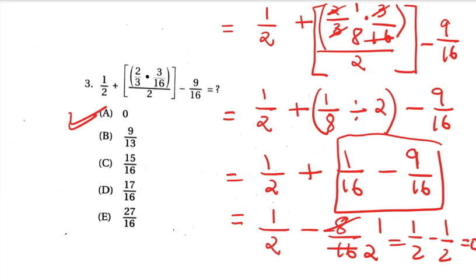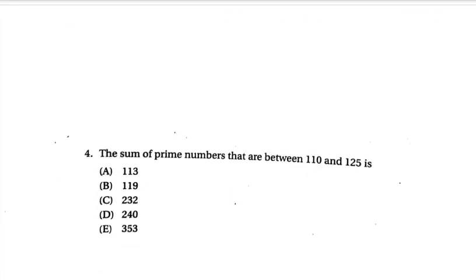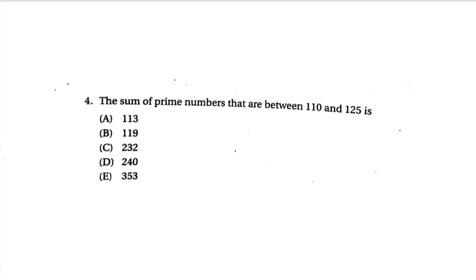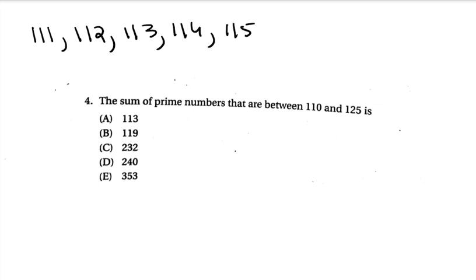So the next question is on your screen. It says the sum of the prime numbers that are there between 110 and 125. So how would you do this question? Very simple. Let's start writing the numbers. Let's say 111, 112, 113, 114. Not many numbers you have to write. 115, 116, 117, 118,